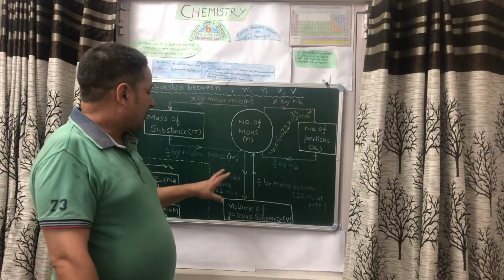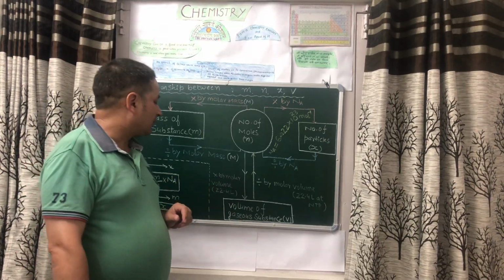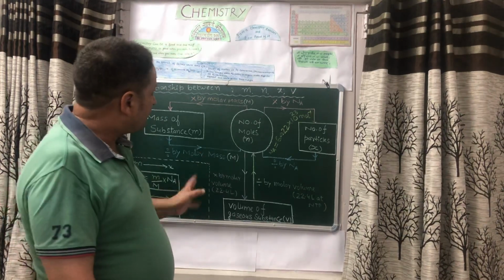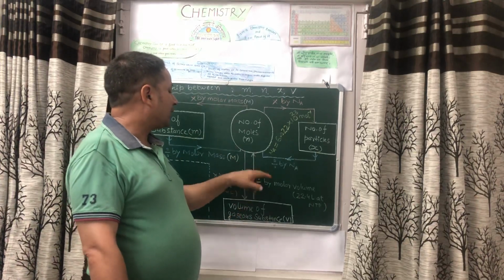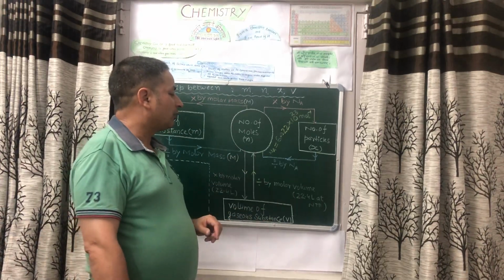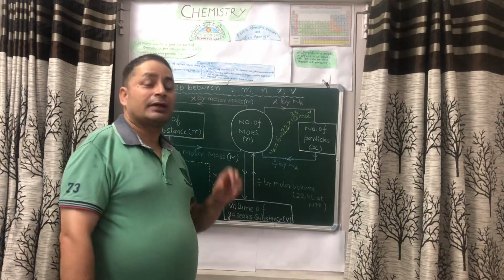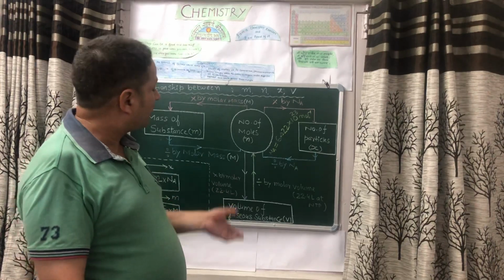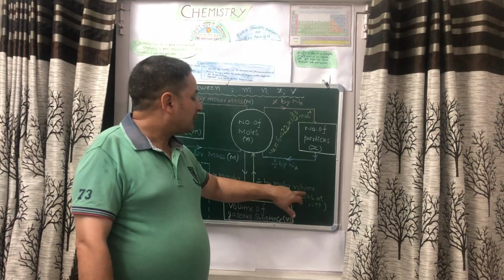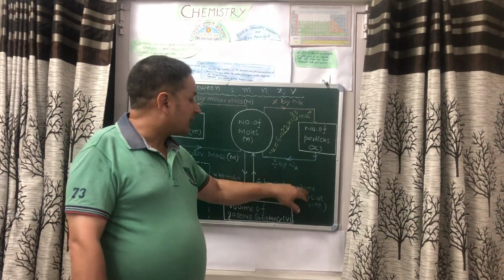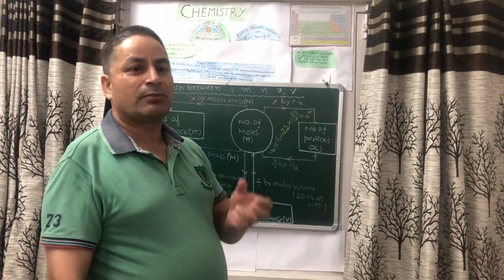If the volume has to be in liters, then you have to take 22.4 liters of a gas at NTP. Similarly, if you want to convert the volume of gaseous substance into number of moles, you divide it by the molar volume, and that is 22.4 liters of a gas at NTP. If the volume is given in milliliters or cubic centimeters, accordingly you divide not by 22.4 liters, but first you convert this molar volume into cubic centimeters or milliliters.